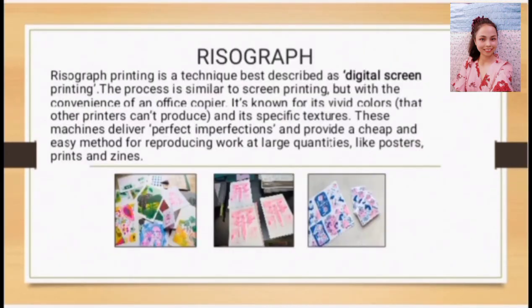Risograph printing is a technique best described as digital screen printing. The process is similar to screen printing but with the convenience of an office copier. It's known for its vivid colors that other printers can't produce and its specific textures. These machines deliver perfect imperfections and provide a cheap and easy method for reproducing work in large quantities, like posters,